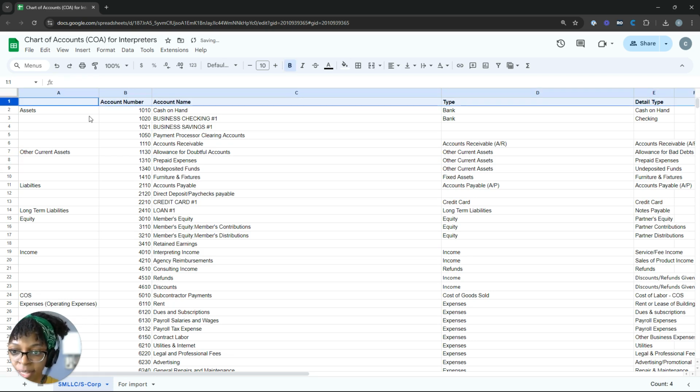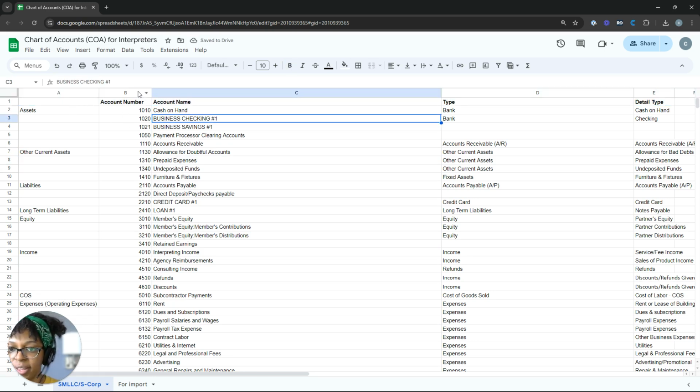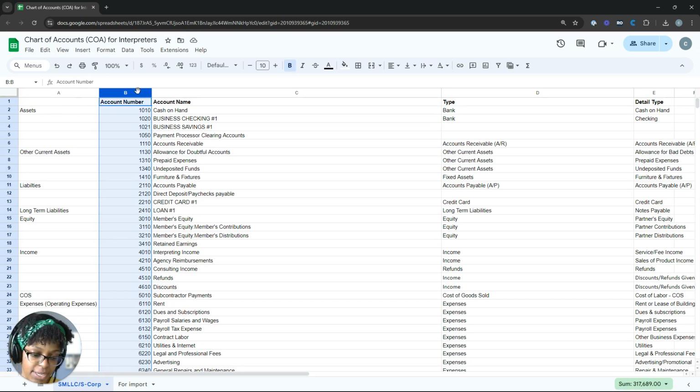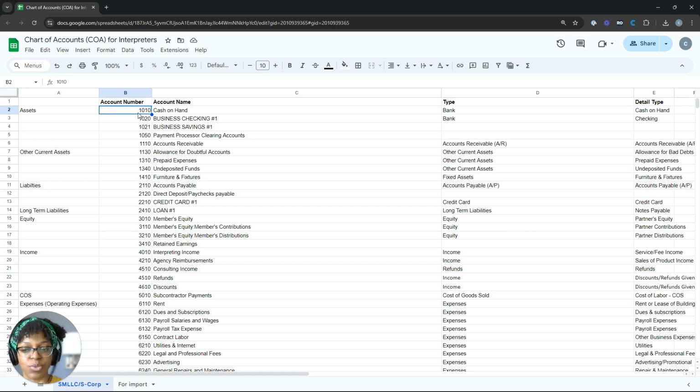So first off, you can see here we've got account number. So in most softwares, you can number the accounts. In accounting, for account numbers, there are specific numbers you use for each type. So you notice that this starts with 1, it's like an asset. If it starts with 2, we know it's a liability. If it starts with 6, we know it's an expense type of account. So for you, this isn't as important, but just so you know that they exist. You can also use your chart of accounts in your software and not use numbers. So that is an option. Okay,